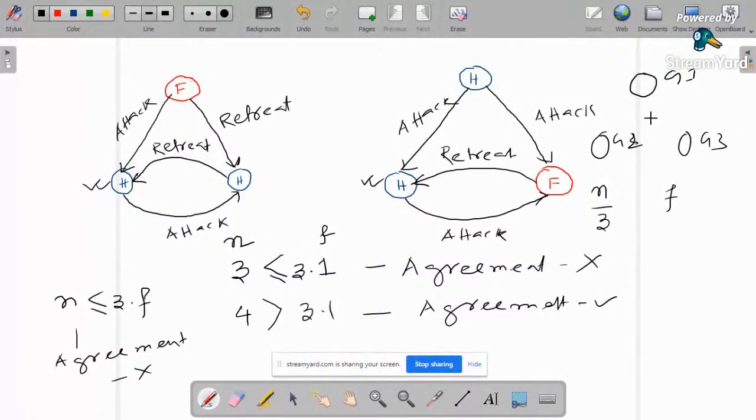Now this division will be done in such a way that at minimum one group will have all the faulty nodes, right? So all the faulty nodes will be placed in a single group. So if n/3 is less than or equal to f, then I can say that at least one group is full